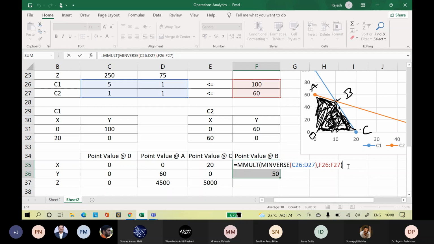Is that clear? For all matrix formulations, you have to use control plus shift plus enter. All of you got this?